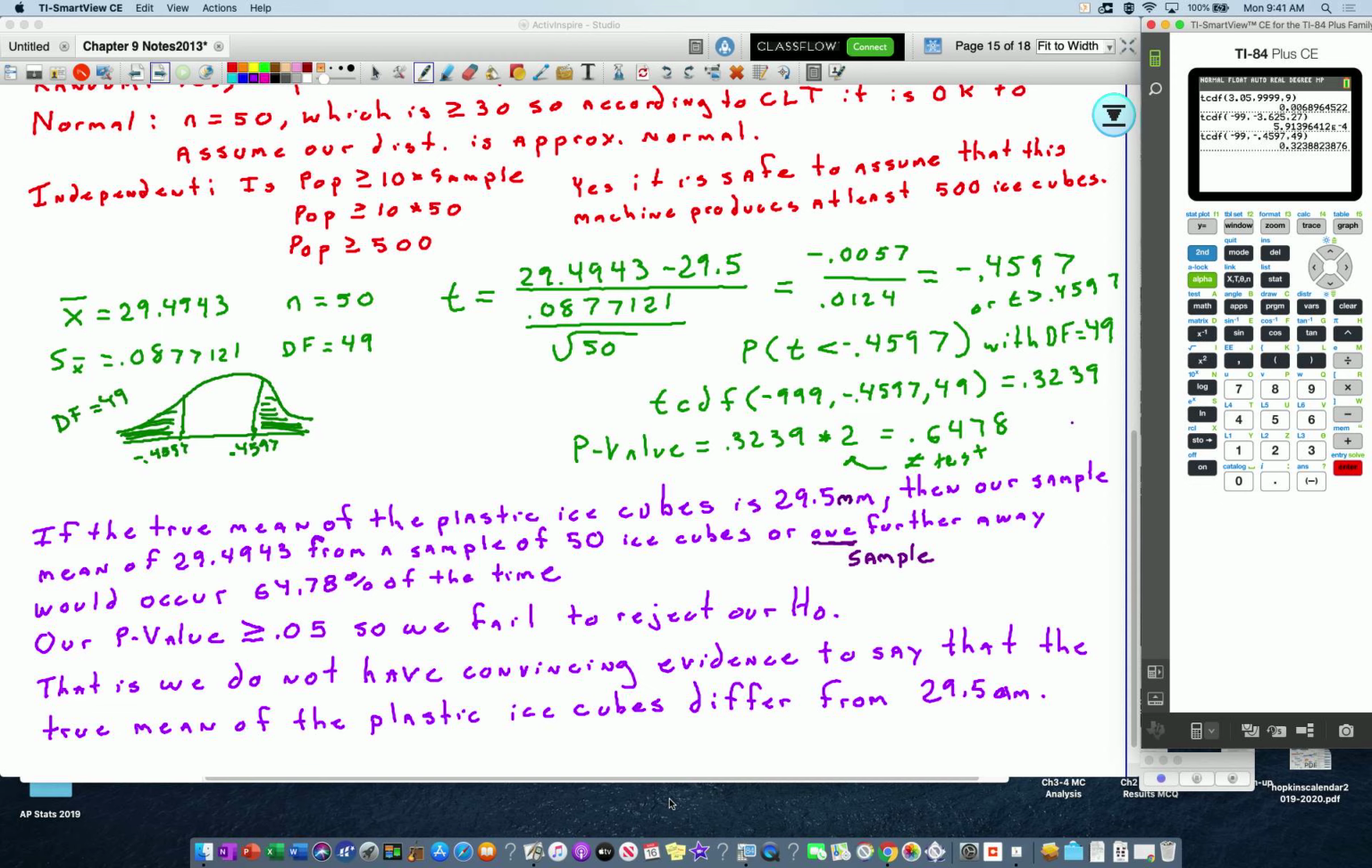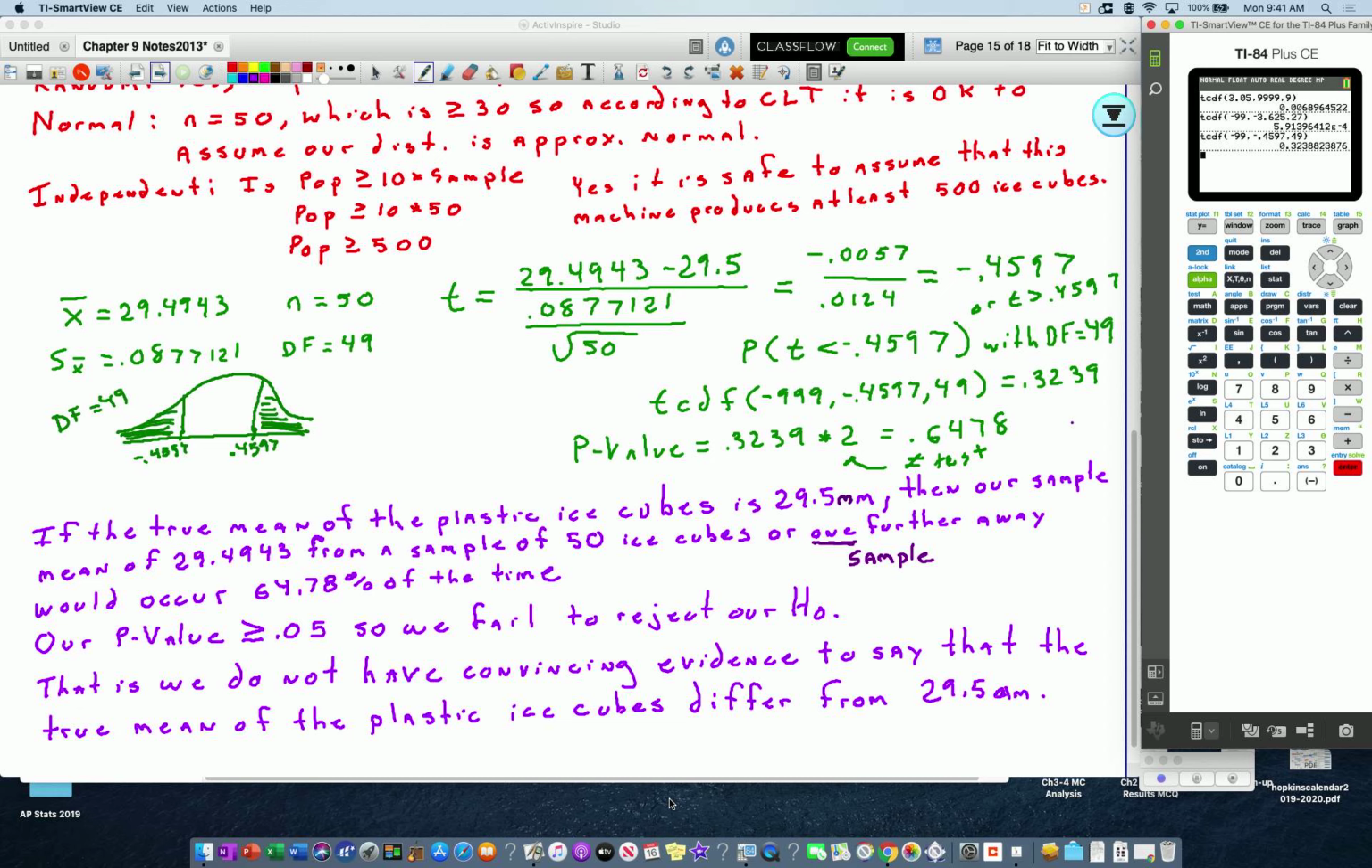We're not going to reject the null hypothesis, meaning we do not have convincing evidence to say that the true mean of the plastic ice cubes differs from 29.5. All right, so what's nice is we've done a greater than, a less than, and a not equal to problem. Now the very last problem in